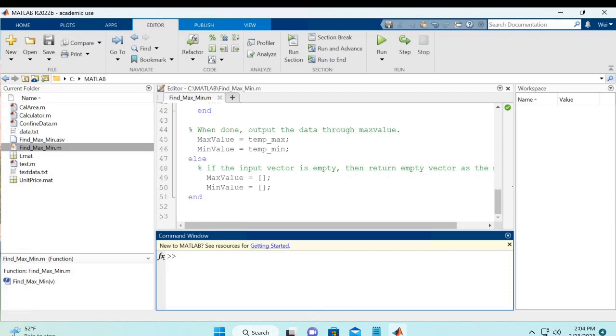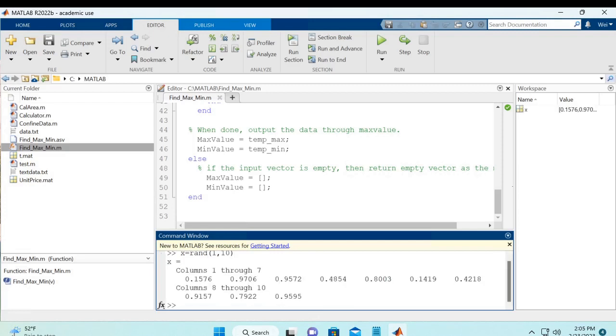Here we're going to create an x vector of 10 random values. And now I'm going to call the function. And I need to supply two variables to receive the output from the function. So one I called max x, and the other is called min x,